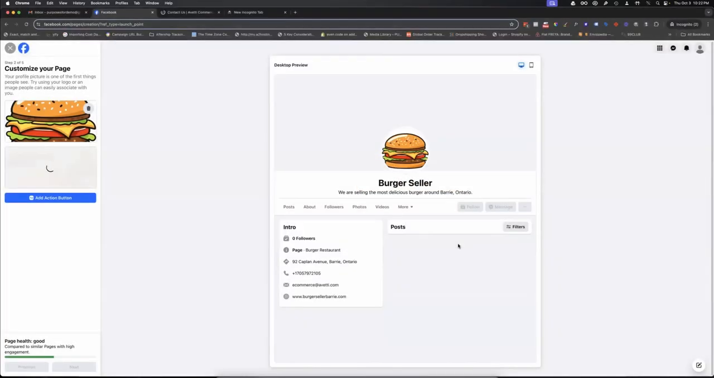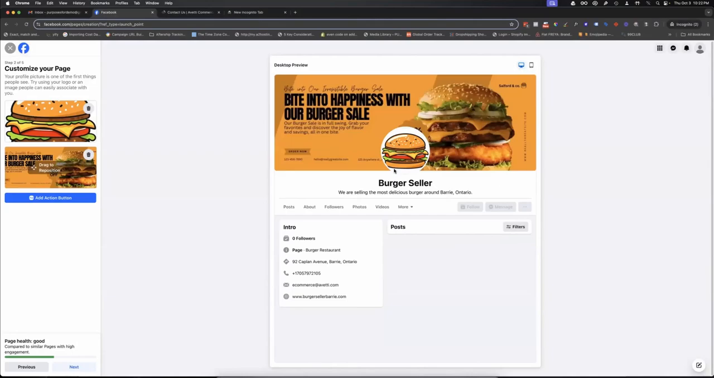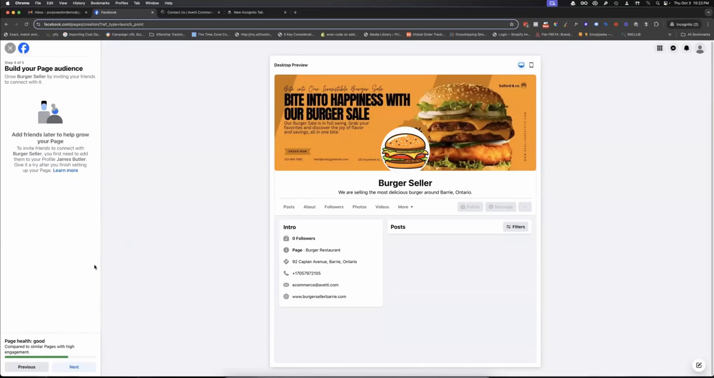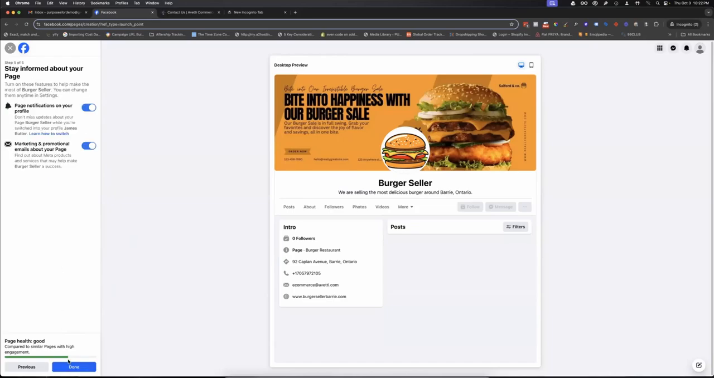And I'll add the cover photo. Now, if you are wondering what the exact sizes are for this one, we can email those to you. Just simply ask us the question. Now, once you have the profile photo and the cover photo added, click on next. If you have a WhatsApp number and you want to connect it, you can also go on and connect it. But for now, I'm going to skip it. I'll add friends later to help grow your page. I'll do that later. Yeah, then click done,